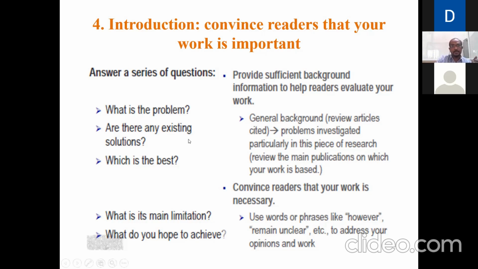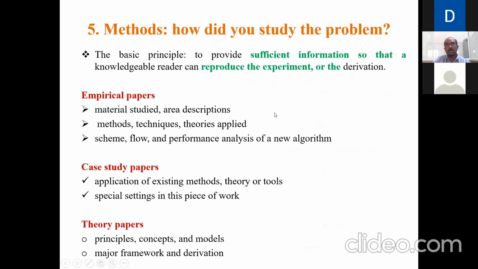Next, methods. How did you study the problem? That is the methodology: how you are going to solve the problem, how you are going to approach that problem, how you are going to get the solution for that particular problem, and what you have taken from the literature survey. There are so many papers, and based on those papers, our methodology can vary. For empirical papers, we should have the material study, area description, method, techniques, what theory we are using, scheme,